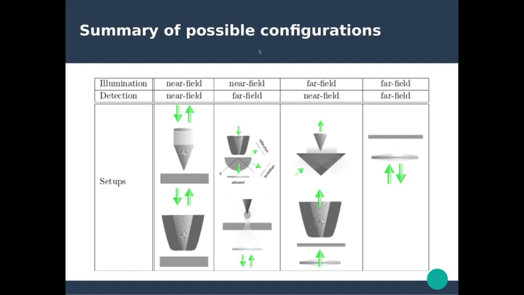But you can actually also use a combination of far field and near field detection and illumination configurations. So either having a far field illumination coming from a source propagating in free space, and collecting the near field from a nearby optical probe, or the other way around, sending light in a near field configuration through an optical fiber, generating evanescent fields at the surface of this fiber apex that will interact with your object,